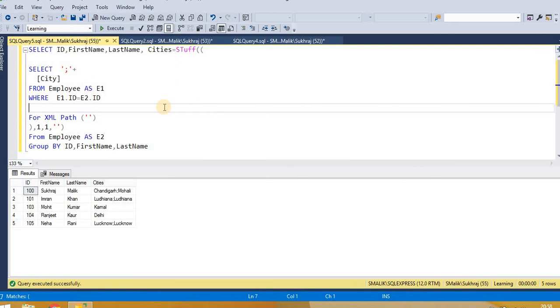I know it's a little bit complicated, but if you practice on it, you will easily understand. FOR XML PATH is one of the powerful functionalities in SQL. I think in the new release there is a function, STRING_AGG, string aggregate, which does this type of thing in one single query, and that is really helpful, but I don't think that is in the older SQL Server.